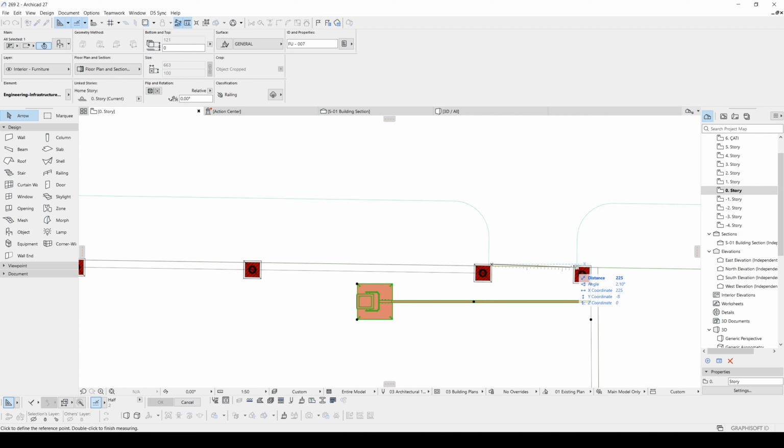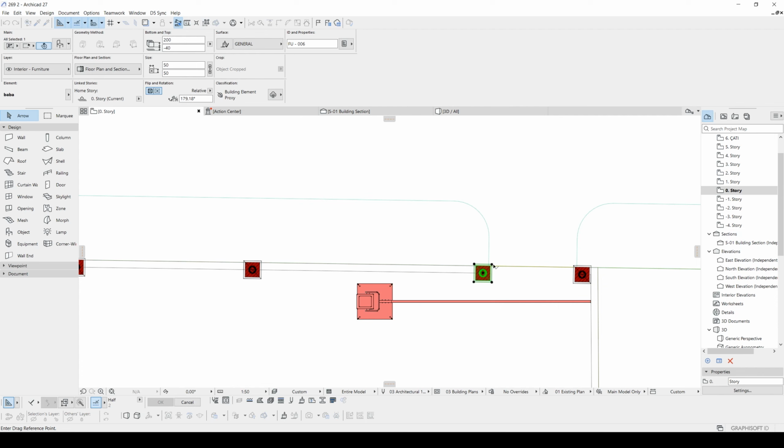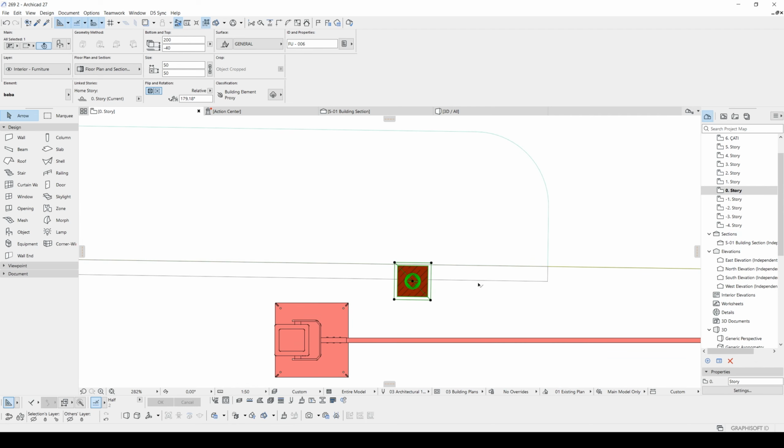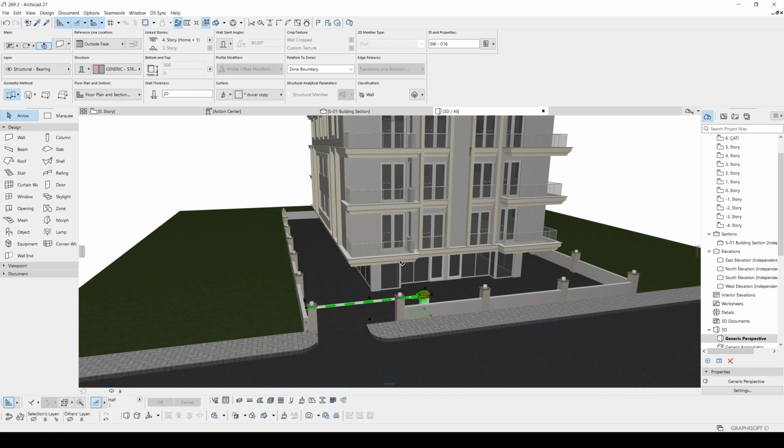At least we need 3 meters for this entrance. Therefore, I'm going to move this here, hit the tab, and maybe 400 centimeters, minus, hit enter. And that's it. Let's reduce this wall length, and